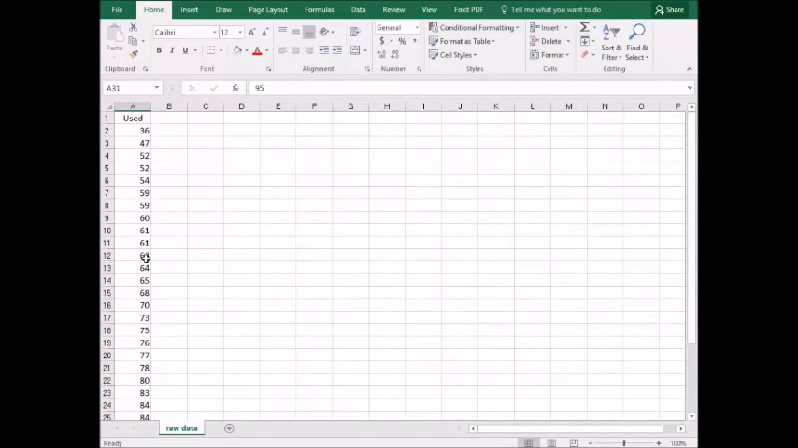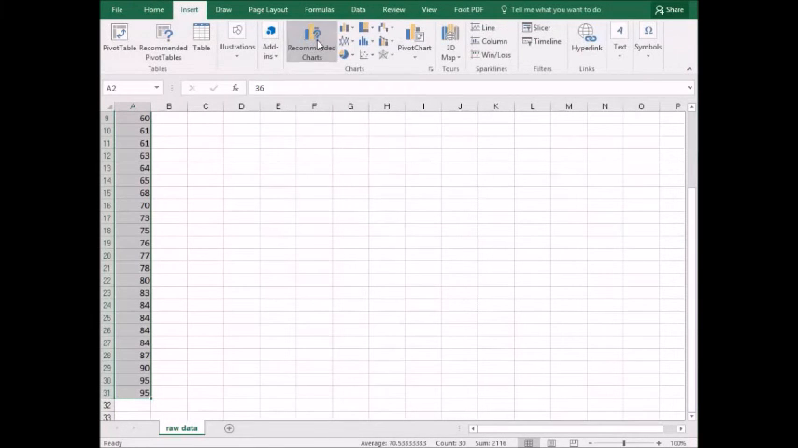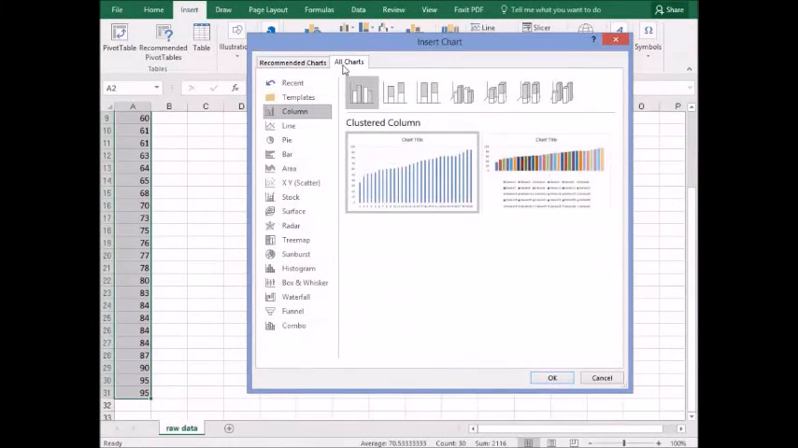A histogram is a great tool to see the shape of the distribution of our data. Excel now makes it easy to build one. Select your data with or without the label. I'm going to exclude the label. On the Insert tab, in Recommended Charts, click the All Charts tab, select Histogram from the